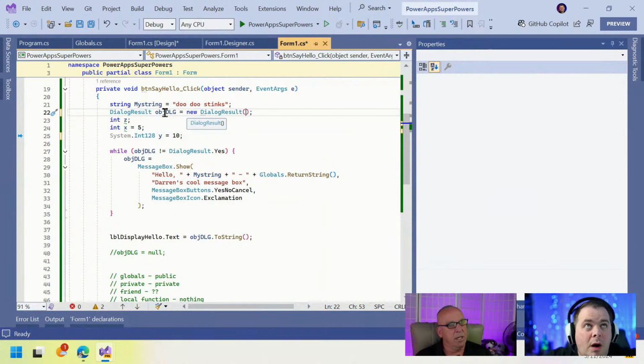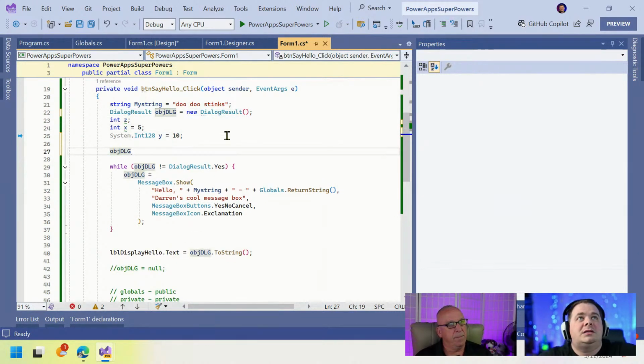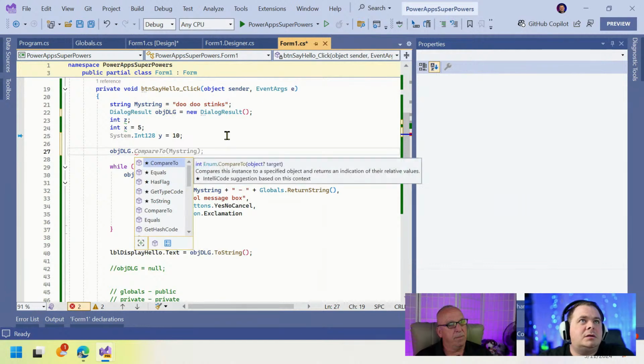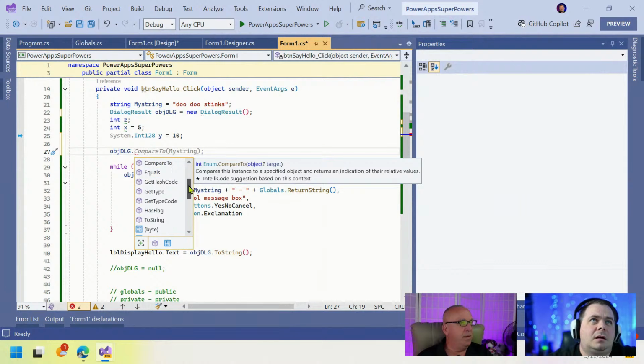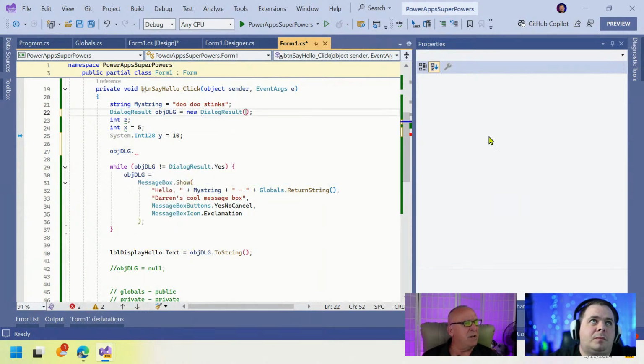But if we wanted to, we could say the result dot, I don't even know. I don't even think that equals function will allow us to assign anything. Yeah, usually,